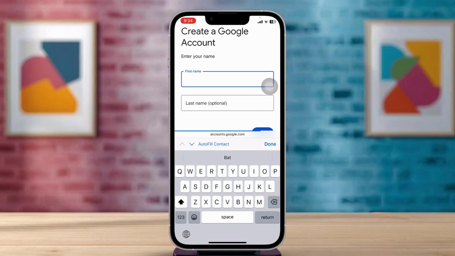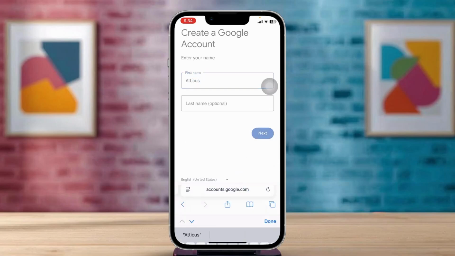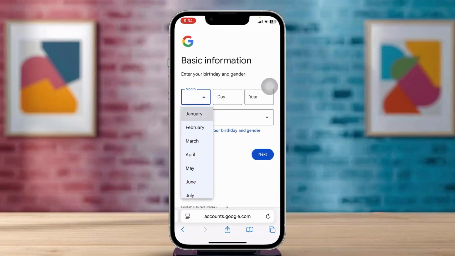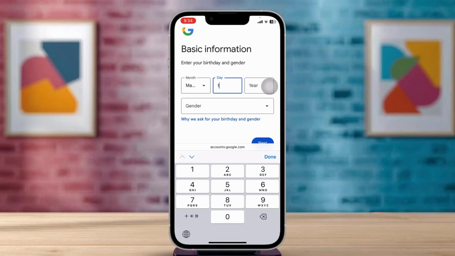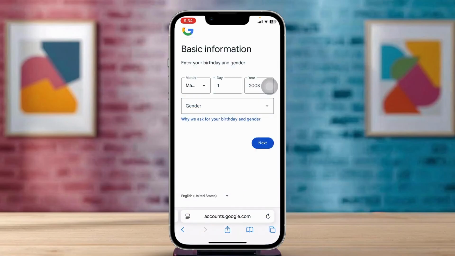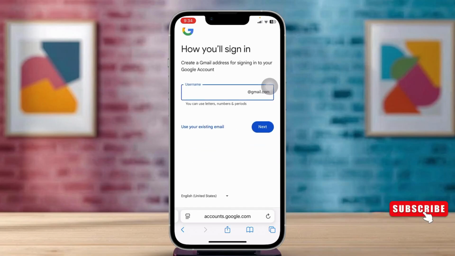Then simply start filling out the prompts. So type in your name, tap on next, give it your date of birth, then your year, your gender, and every other information that they ask. Tap on next and create